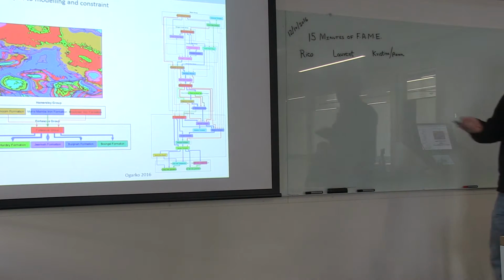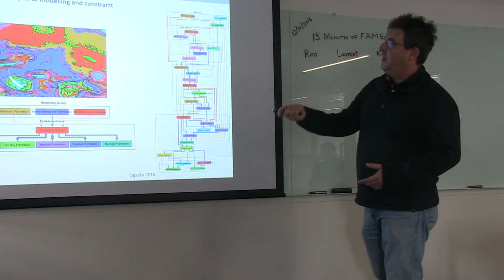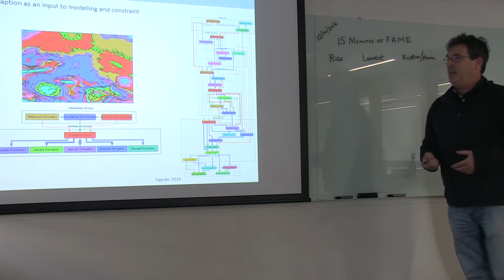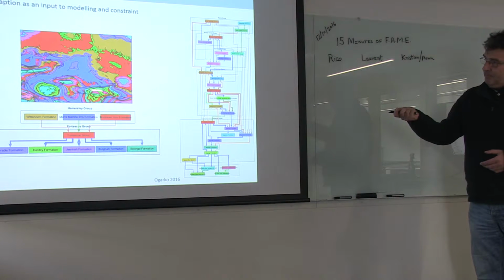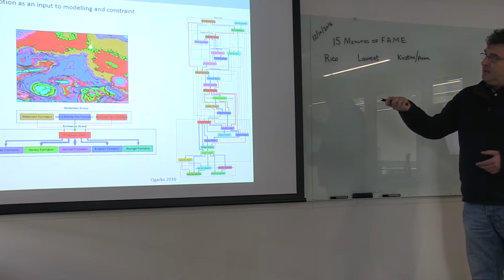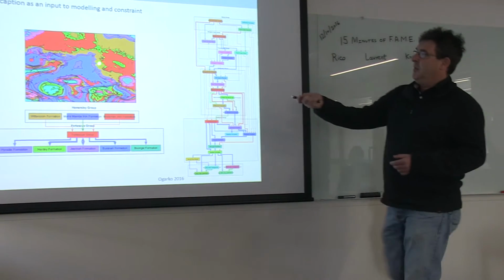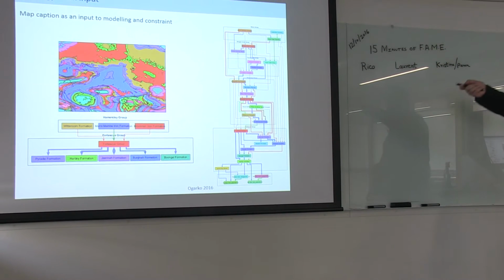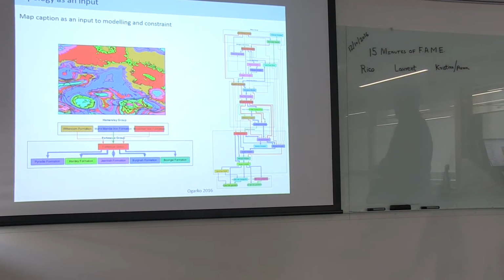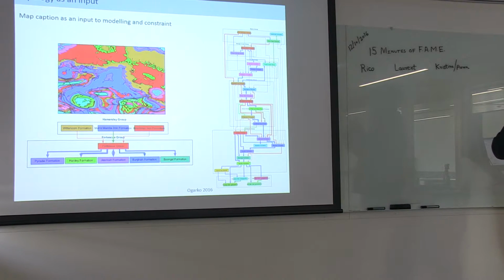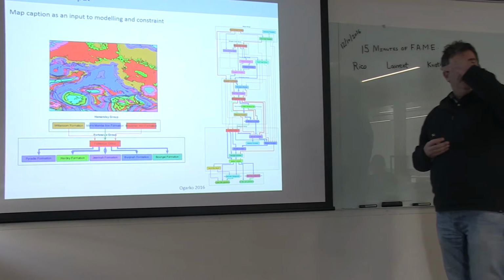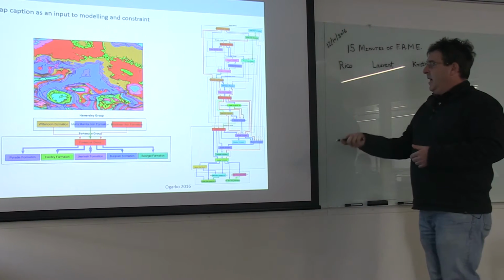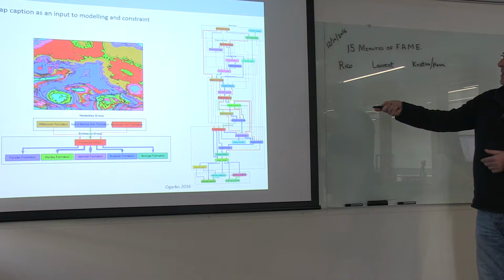This kind of information can be derived semi-automatically by looking at geological maps. Here is a very simple example of a map in the Pilbara. And what you can see here is a topological relationship between different units. And what Ogarko 2016 has done is basically create what we call a stratigraphic pile, which is the relationship between different formations, so rock packages of different age deposited at different times,